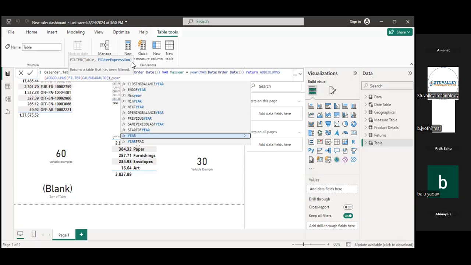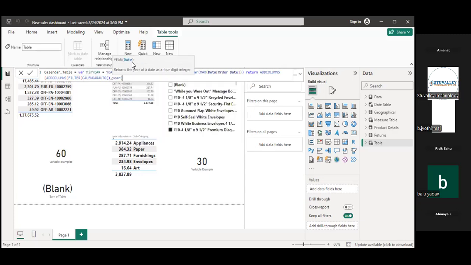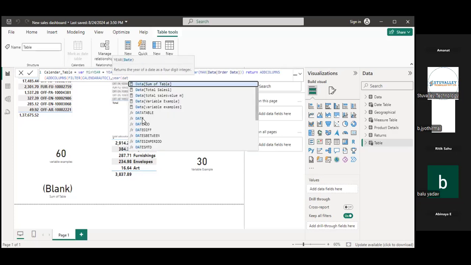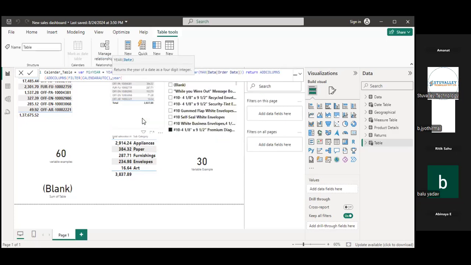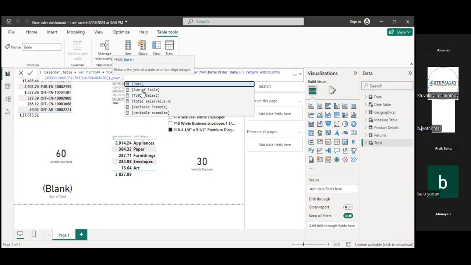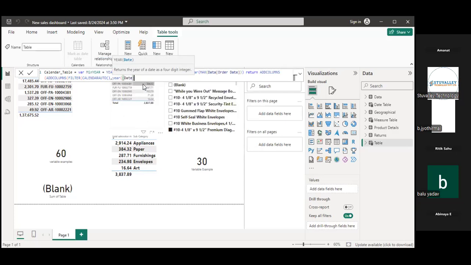I want year, date, date, ब्रैकेट क्लोज, ग्रेटर देन और इक्वल टू मिनिमम ईयर।